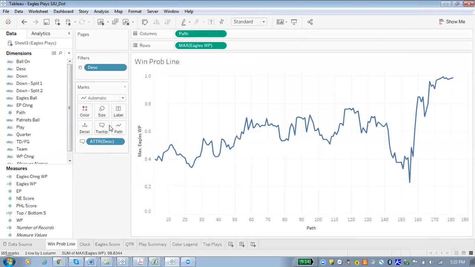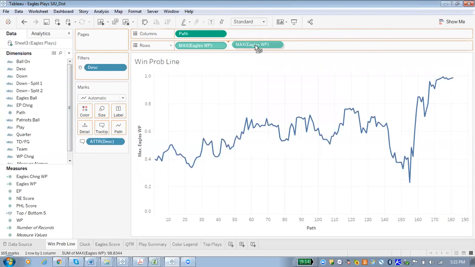So what we're going to do then is keep going. We're going to now create a dual axis graph. Right now we just have the line chart, and with a dual axis, we can put the different dots on it. To create a dual axis graph, we're going to duplicate this line. A quick trick in Tableau is if you hold down Control when you're moving any of these pills, it'll duplicate it. So if I hold down Control and click on this max pill and drag it to